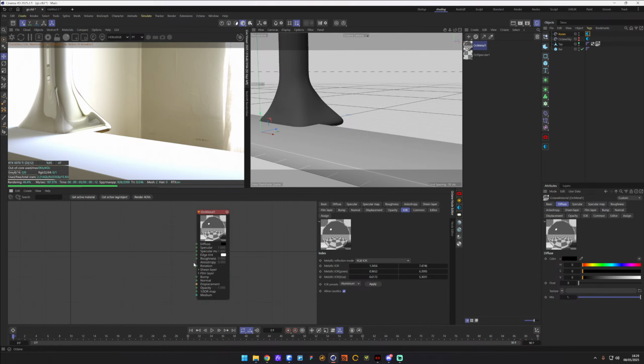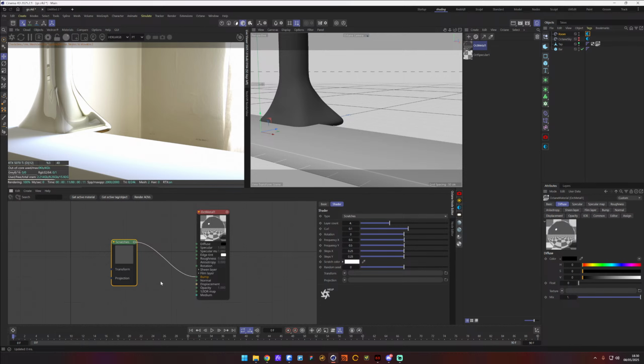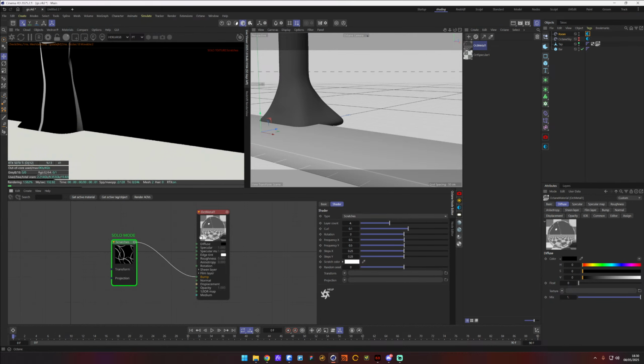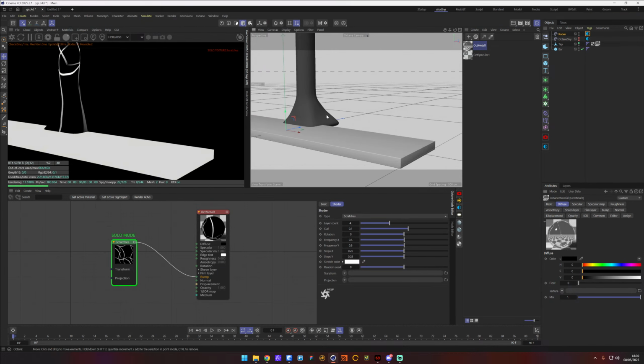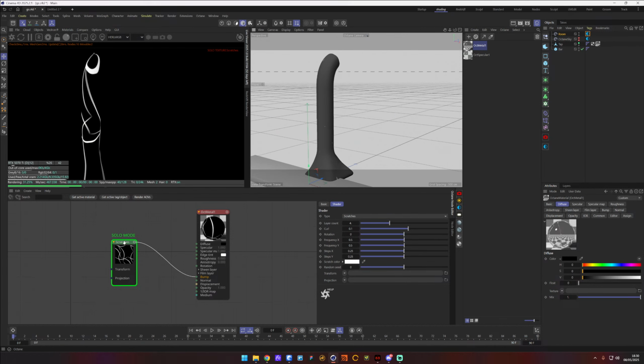So let's add some of my favourites. Let's go into my bump layer and we'll add my favourite nodes. Another thing that makes Octane awesome is some really cool utility nodes that come with it. This is the scratches node, which you can use for car paints, whatever. It creates parametric scratches, and if we want to change it, we just do a transform,